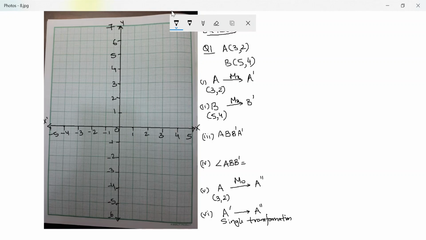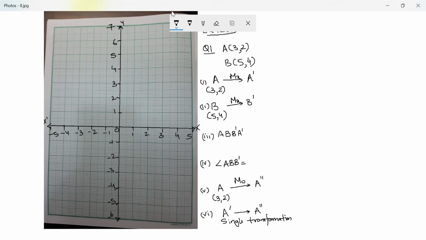Hi guys, in the previous exercise we did reflection on the x-axis, y-axis and origin, and we talked about an invariant point. We talked about two successive transformations or reflections and how they can be written as a single one. Here in this exercise the only new thing is reflecting not on a specific axis but on a different line. It'll become clearer when we solve some of them. So let's look at question 1.